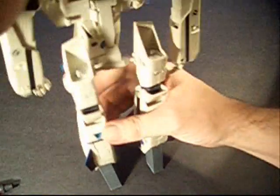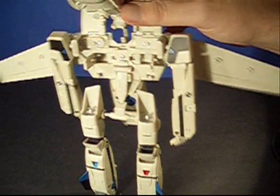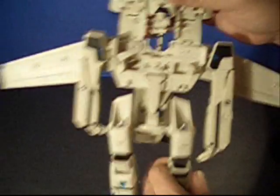So at this point, let's get it standing up. All that you're really doing is, I'm just holding it this way to support its weight right now. So as you can see, we've got that loosed. It's ready to lock in there. So basically what happens is you're just going to bring it down. Oh wait, I almost forgot the most important part. There we go. Back